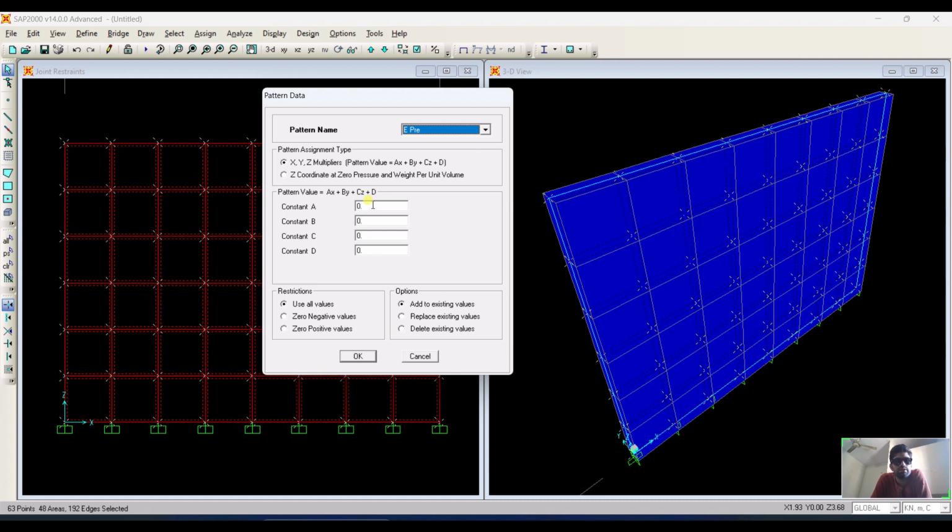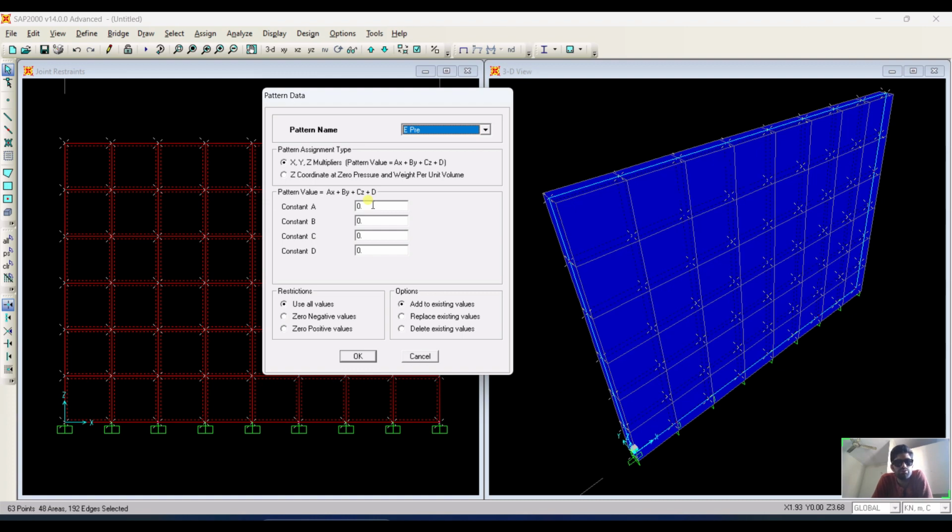First constant I will consider 0, second constant I will consider also 0, because this is totally the boundary conditions. Okay, I will consider a, b both are 0, because this will be my free end,